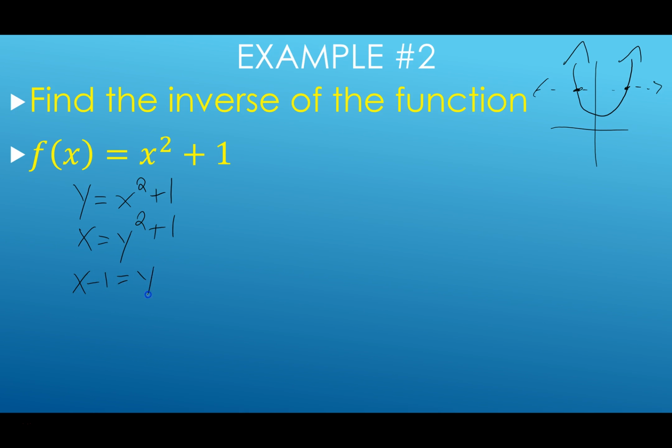x minus 1 equals y squared. And then we take the square root. Or technically, again, when we do the square root in algebra problems, it should have plus or minus the square root of x minus 1 equals y. So this is the reason why it will not pass the whole plus or minus aspect. So what we can say is, if we're dealing with the dimensions